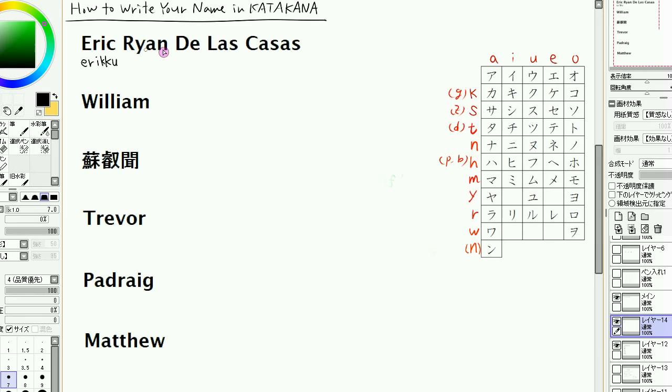Okay, Ryan is R, A, I, A, and N. I mean, the nasal consonant of Japanese. And this one is de. And L should be R, and A, and S. We put U. Okay, Casas. We should put K, A, S, A, S, and we need U. So his name is